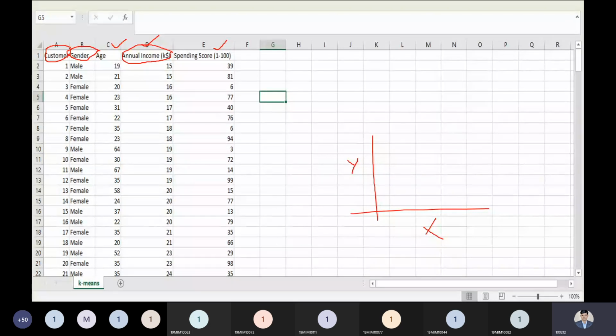So you want to plot your data point, then you must have the x and y axis information. So x becomes the age, and based on the age, that is the infer. So age is a feature which is inferring your result, followed by the annual income. And what is the result? You are making the cluster, and that is the point.